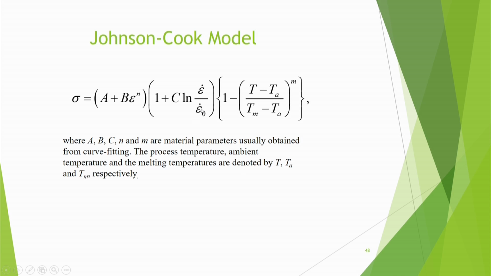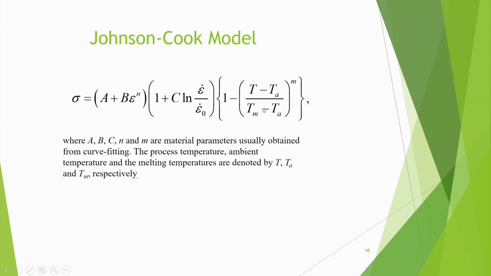Suppose you are conducting one test at 1 into 10 to the power minus 3, and another at 2 into 10 to the power minus 3. This difference is not that significant, because the strength will not become double in this case. It will increase as per the logarithmic rule. If you have 10 to the power 3, then ln 10 to the power 3 is 3, and if you have 10 to the power 4, then ln 10 to the power 4 is 4. So the effect is logarithmic; it is slowed down a little bit. If you don't use the logarithm, then it is linear: you double it, the strength doubles. But we have a logarithmic term.